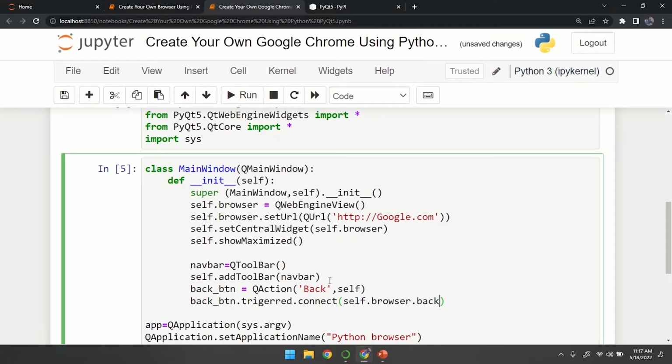Alright, it means that when someone clicks on the back button, it makes a connection with the browser and tells it to go back. Okay, so now you have coded till here. Now we just need to add the back button in the navbar. So you will simply type navbar.addAction, and that action would be the back button, right? Back button. That's it. Now if you run the code,